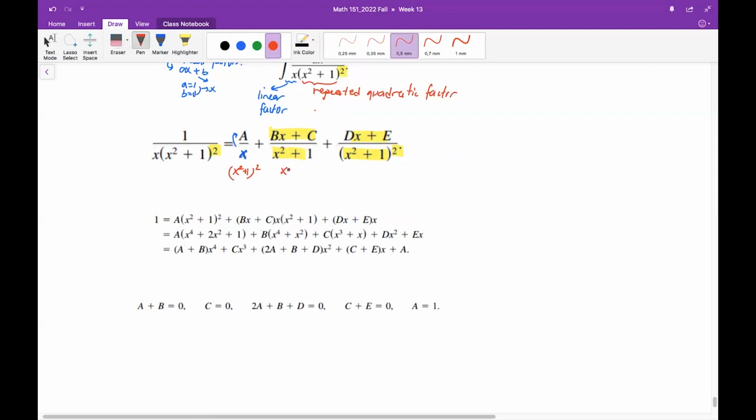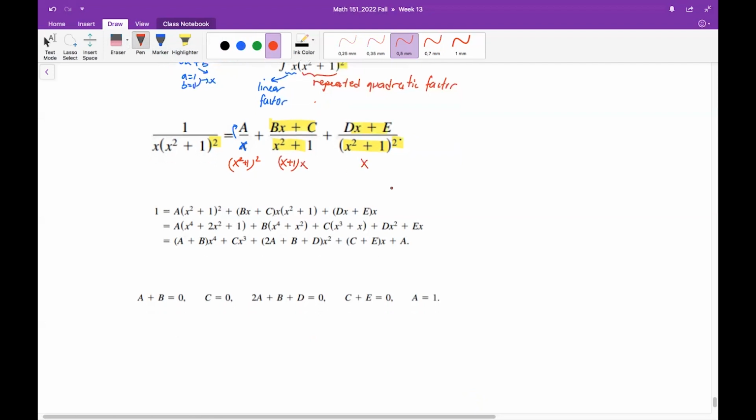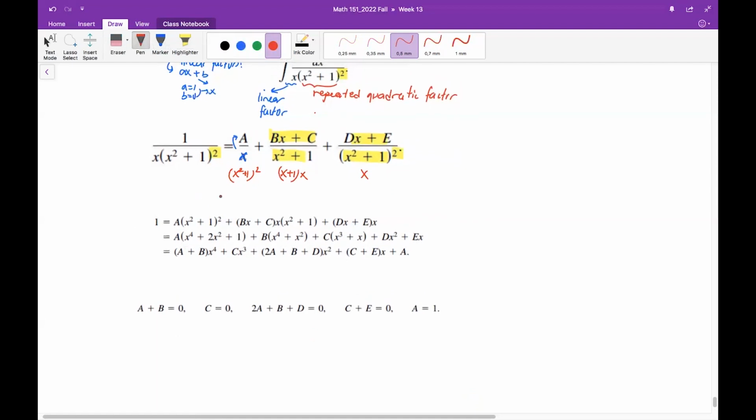This should be expanded by the missing part, this part, and do the same for the other terms. This should be expanded by one more of this and then x. This should be expanded by x. So do all those expansions. A is multiplied with this expanded factor. This part is multiplied by x times (x plus 1). Bx plus c is multiplied by, yes, sorry, I forgot this, (x squared plus 1) times x, and this is expanded by x. So you do all these multiplications,